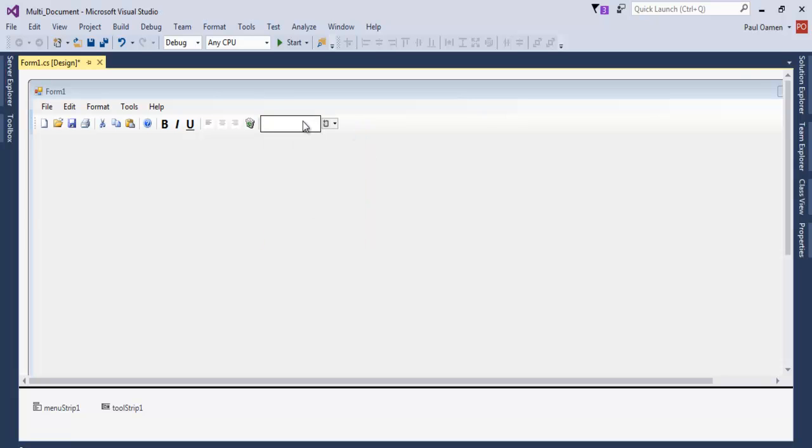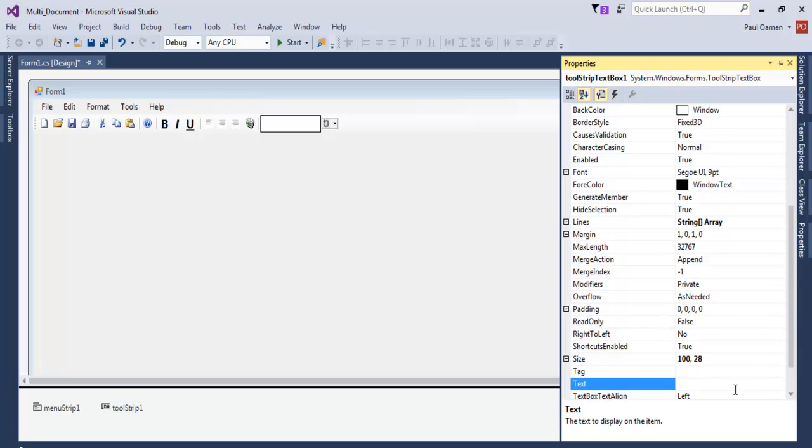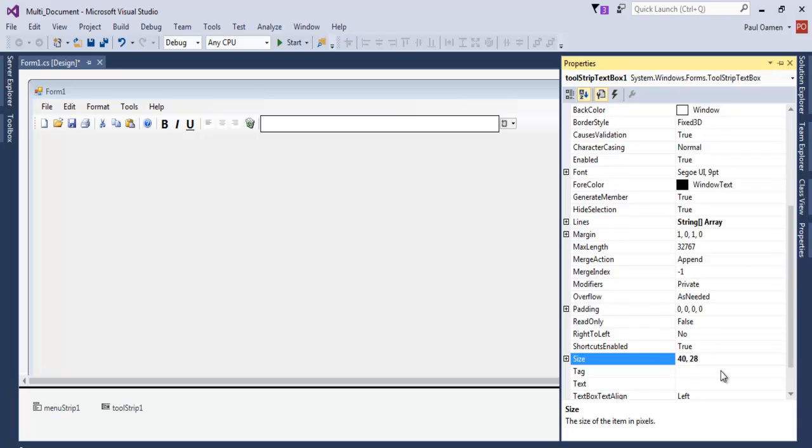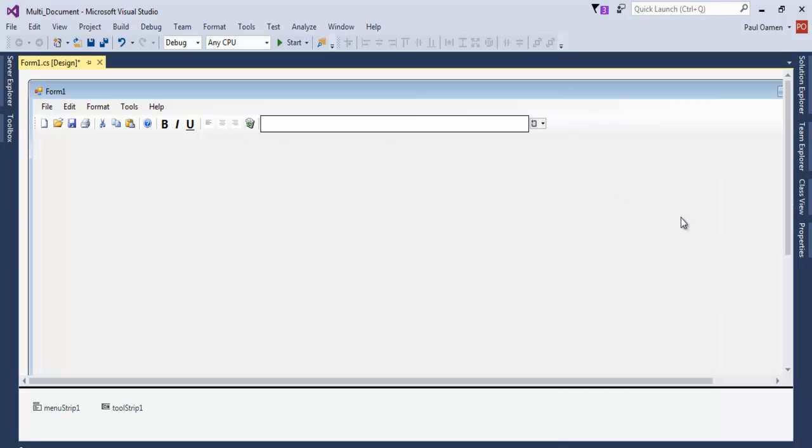I have a text box there. Let's increase the size of that text box. Let's come to where it says size, and let's go for maybe 400. Would that be enough? Let's make it 450. Yeah, that's fine. And the text box that is selected, that I've just added, go back to the property and